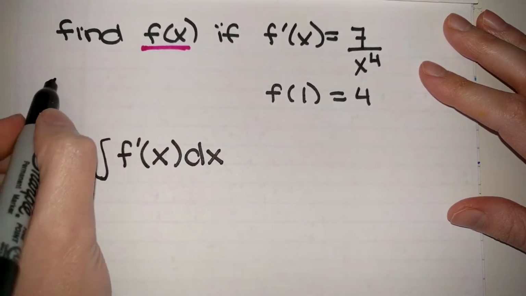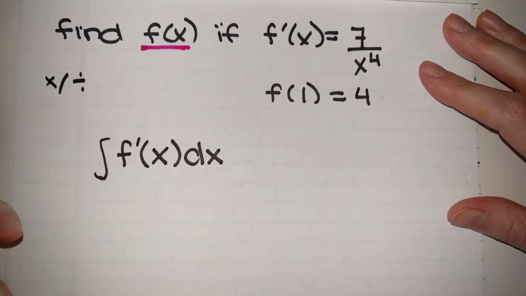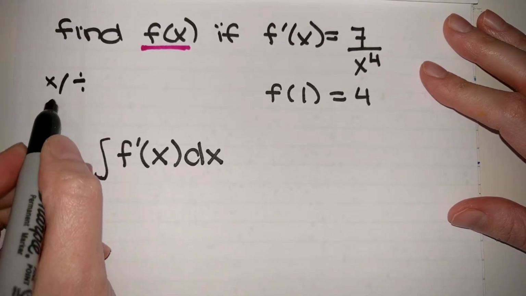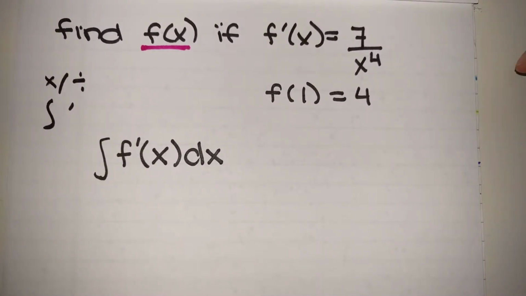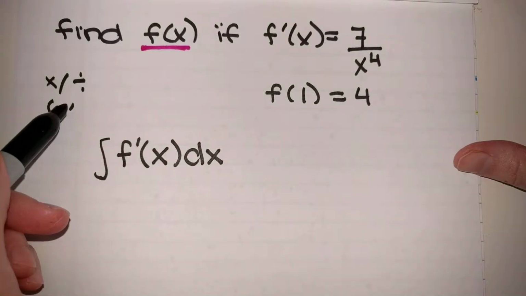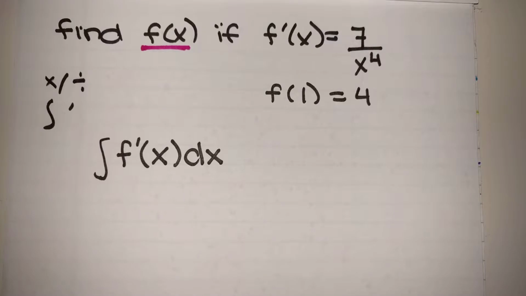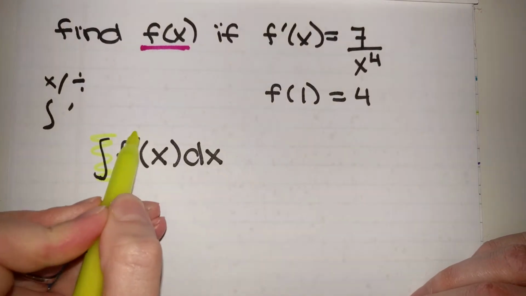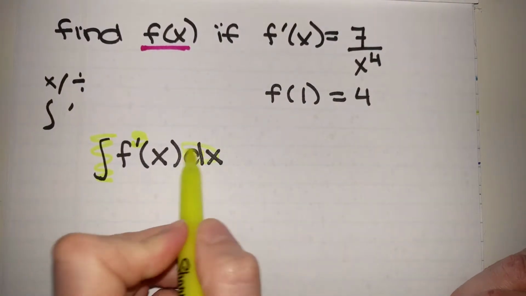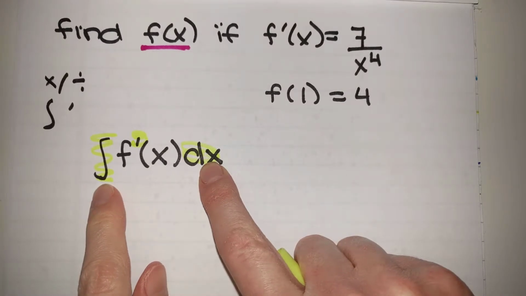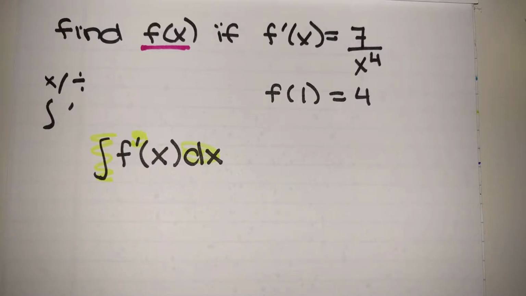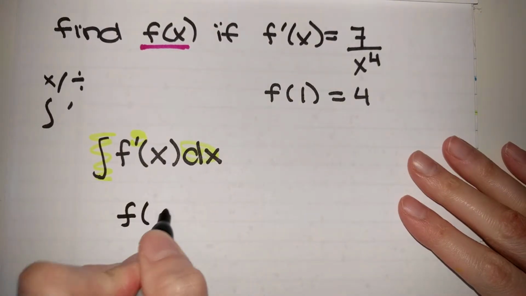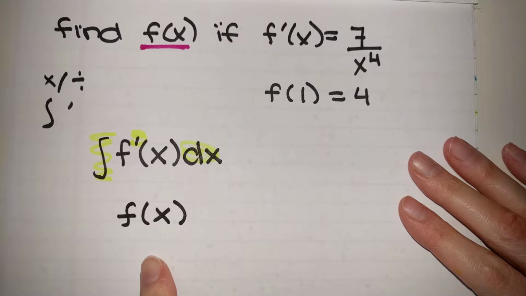Just like multiplication and division cancel each other out, the same thing is going to happen with integration and derivatives. One way of thinking about this is that when you integrate one time, you lose one prime. So when I integrate the derivative, the integral sign, which is always associated with this dx, is going to go away, the f prime is going to go away, and because the integral and the derivative are opposites of each other,